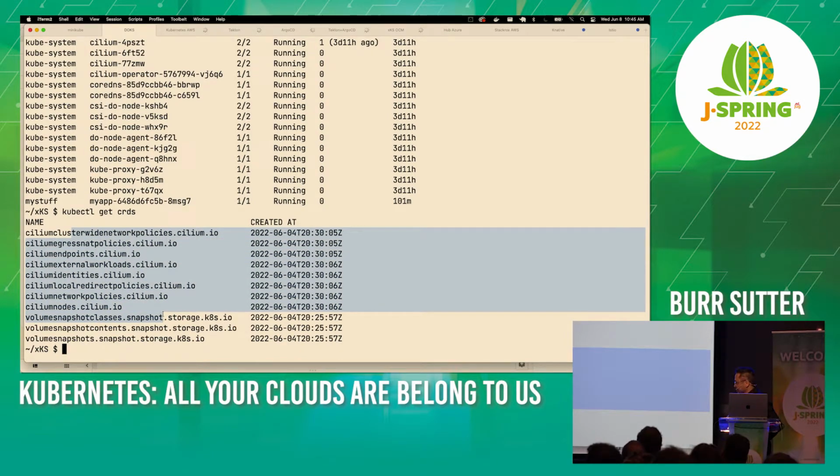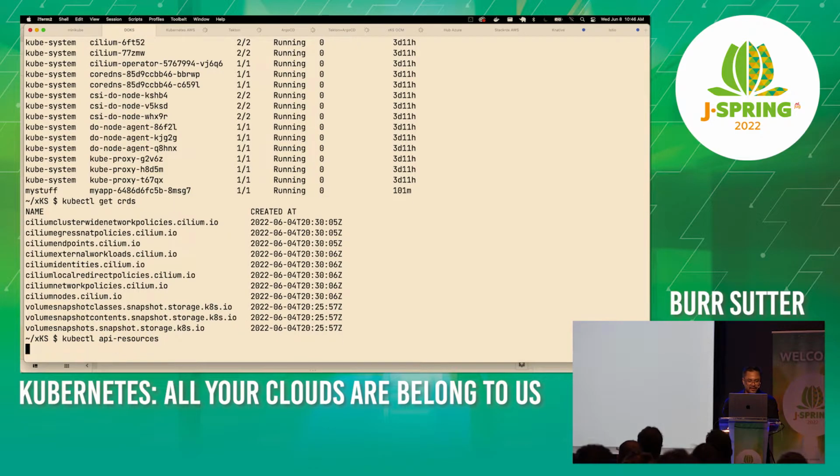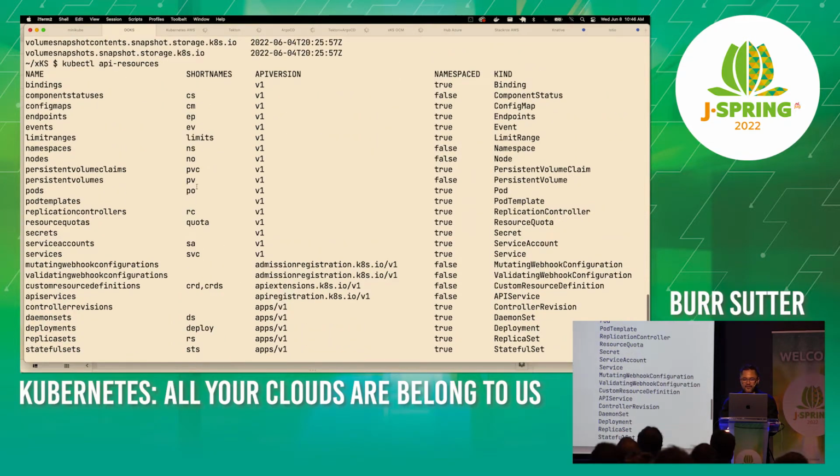DigitalOcean is running. So here's a key thing to understand when you get your hands on any Kubernetes: what custom resources are available to me? How has it been customized? So that should be question number one once you get beyond the connection to the cluster. So I got connected, now I need to ask it, what are the APIs available to me? So api-resources, and I can basically use that command. And I can see all the different classes, if you will, schema, if you will, that I can apply to